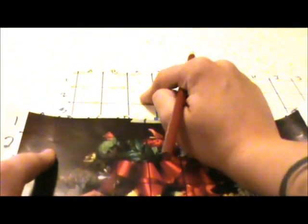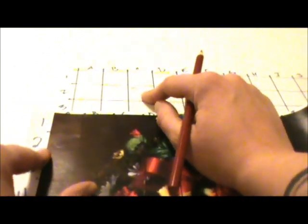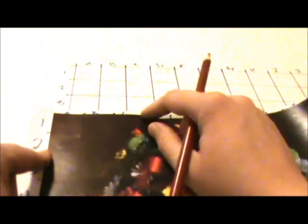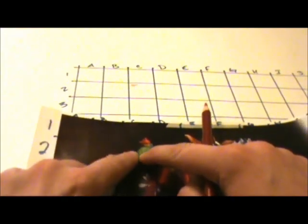So we're just going to go ahead and jump right in. I'm going to start with block number 2C. And I do apologize for the angle of my camera. I don't have an overhead set up for it. So on my reference image, here's my 2 row and here's my C row. So I'm going to start here,